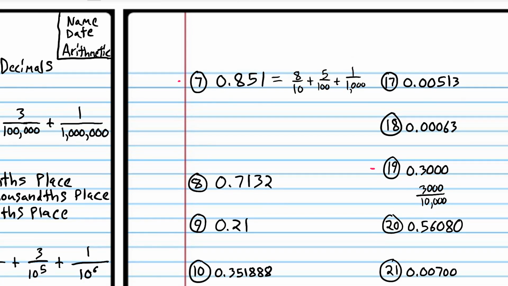So at this point, we can then get a common denominator. If we multiply both sides of this fraction by 100, we get 800 over 1,000. And if we multiply both sides of this fraction by 10, we get 50 over 1,000. And you can see where I'm going with this. Now we have a common denominator, so we can add all those up, and we get 851